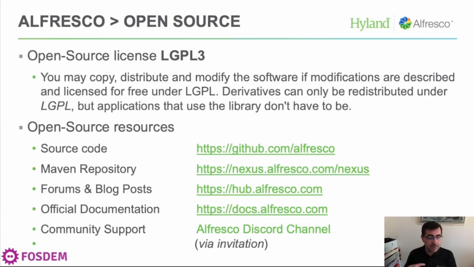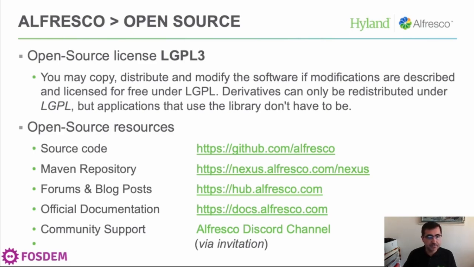We are open to the community, so you have all the source code available in the Alfresco GitHub account. We have also a Maven repository because mainly this is developed with Java. So you have this open Maven repository. You can get in touch with the community in the Alfresco hub, hub.alfresco.com. And there is also the official documentation available that you can also contribute to improve. And we have also some chatting channels like the Alfresco Discord channel. So we are open to you. Just reach us if you have some thought or if you want just to improve the experience with the Alfresco